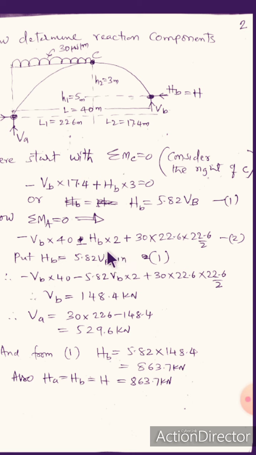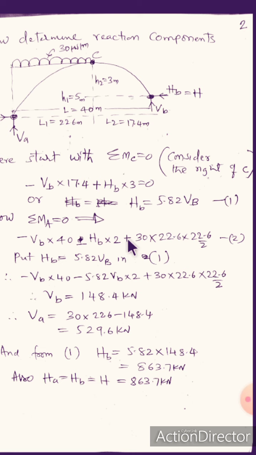That is written here. So you be careful about this HB here. Once again you observe here. HB, this is the horizontal force, and the distance between the horizontal force and the point A, which is vertical distance, which is nothing but H2 minus H1, so which is 2 meter. So this is important here, plus